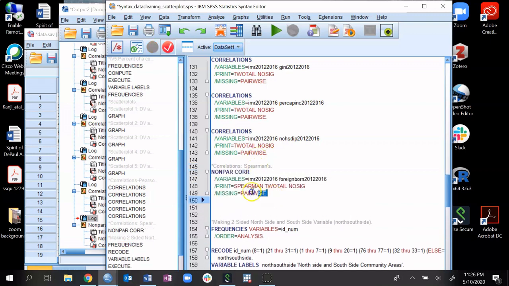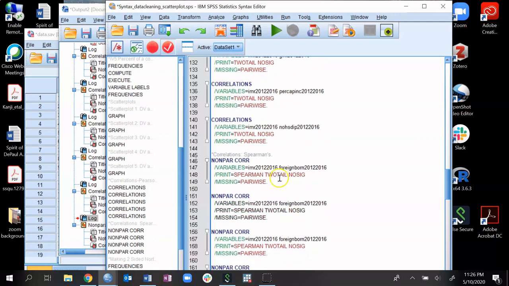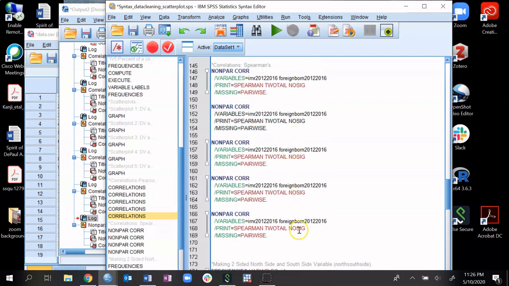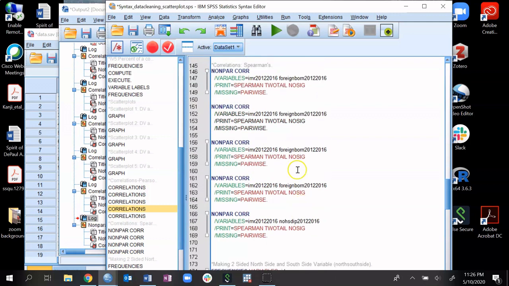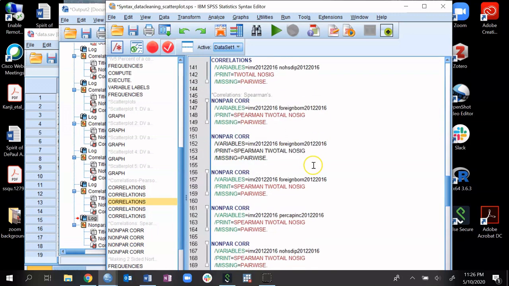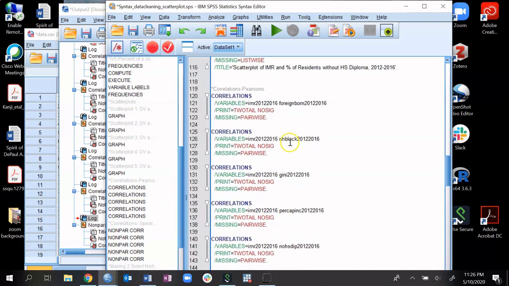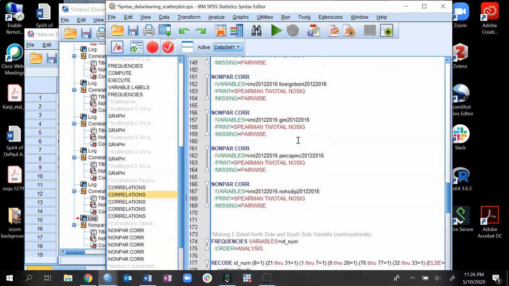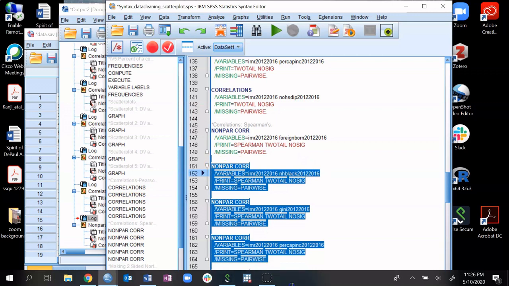Okay, so we're also going to just copy and paste that out. So that's 5. All right, so last one's going to be high school diploma. That'll go there. And then second to last will be per capita income. That'll go there. Third will be Gini coefficient, and that will go there. Second will be non-Hispanic Black, and that will go there. Okay, so